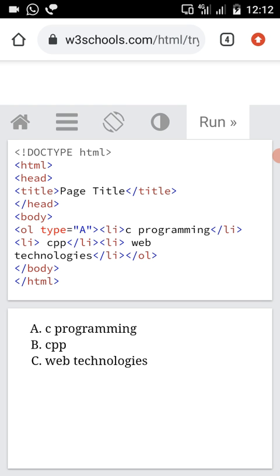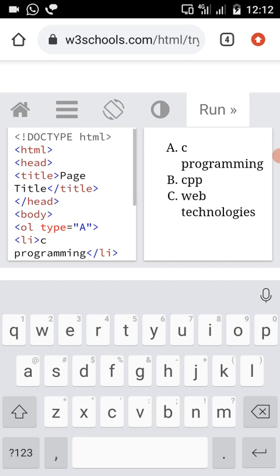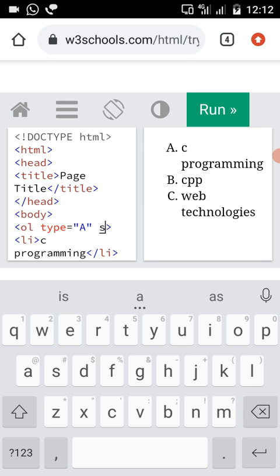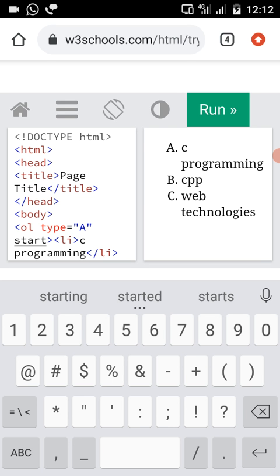We can also set a starting point for the list. We can add another attribute called start. For example, from alphabet D I want to represent the list. Which letter is the fourth letter?